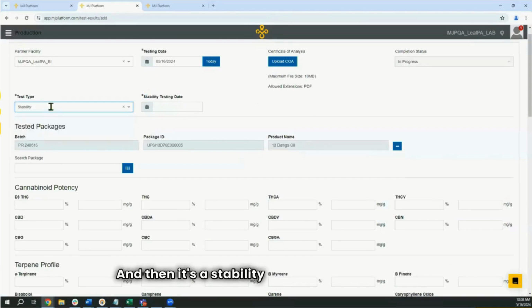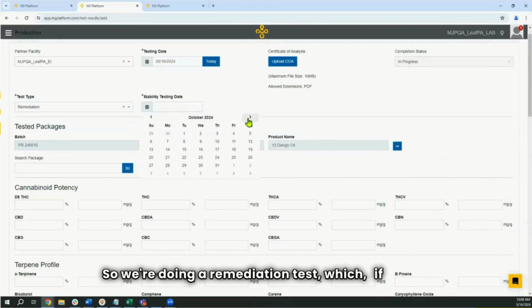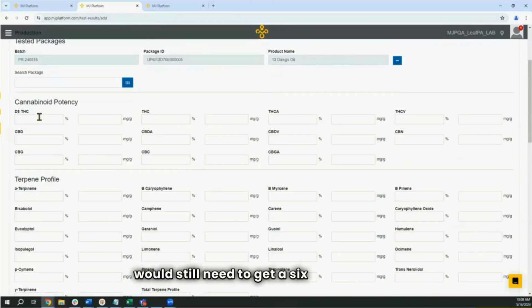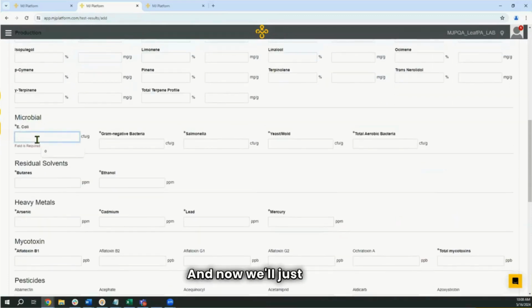And then it's a stability test versus a standard. What we're doing here is remediation. So we're doing a remediation test, which if passes would still need to get a 6-month check. And now we'll just do the